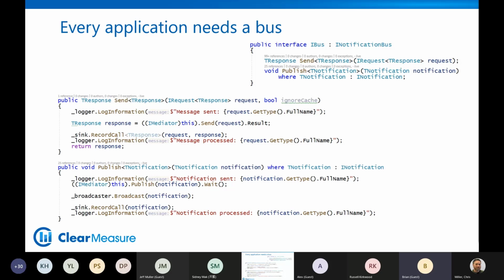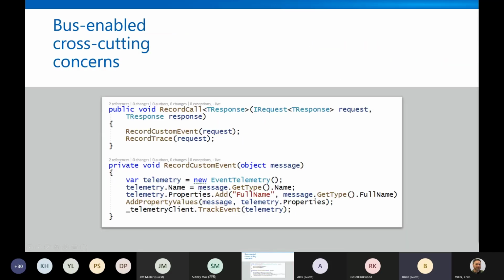But this is a great bus implementation, and it allows cross-cutting concerns, whether it's logging, telling Application Insights to record a call or do a custom event, or anything. It allows cross-cutting concerns because literally every button click, every screen load of every Blazor component is sending requests, queries, commands, events through bus.send. You have one pinch point in your entire application for those, and then you also have publishing of notifications that can be consumed by multiple parties. All right, let's keep going. Got a lot of material here.